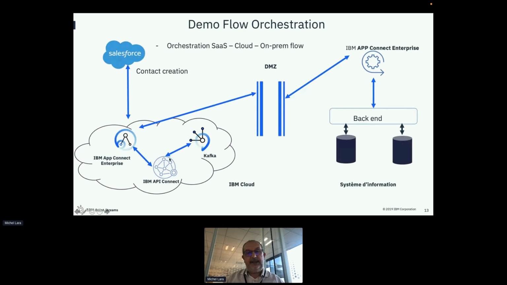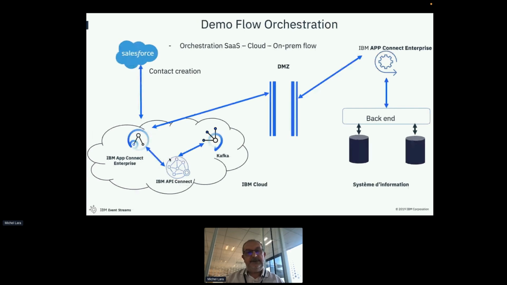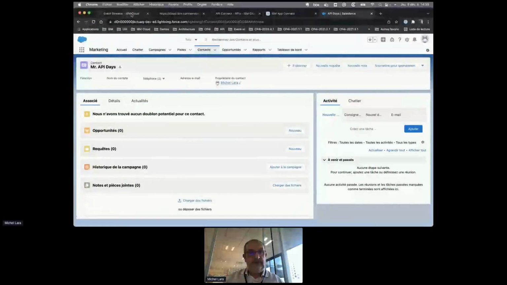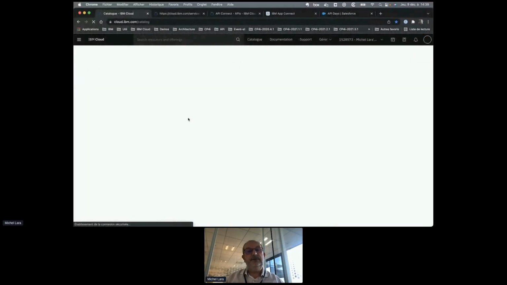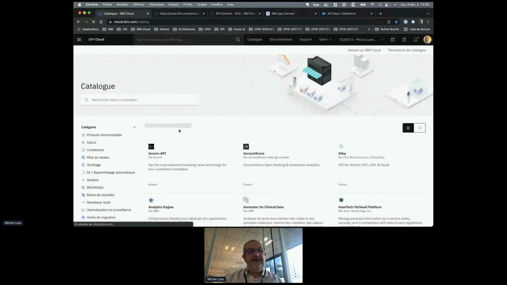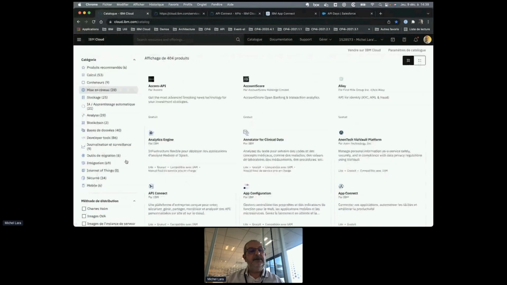And as I said previously, all the services I use for this demonstration come from the freemium offering on the IBM catalog.